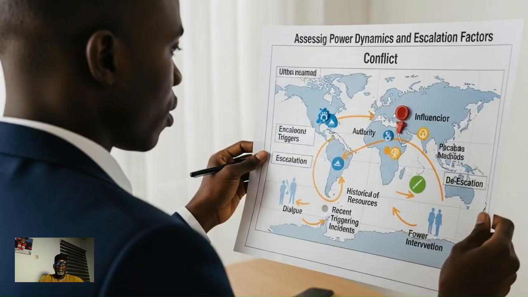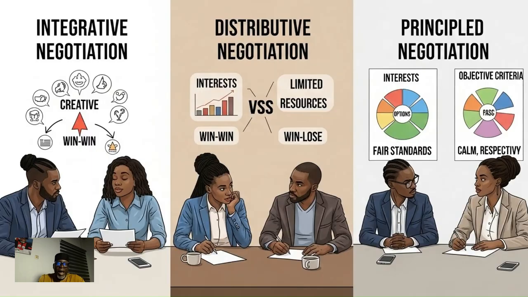Let us look at negotiation strategies and tactics. So we are starting as a conflict resolution technique. We are starting with negotiation. Of course, negotiation is a process where one or more parties communicate and bargain to reach a mutually acceptable agreement. Of course, effective negotiation involves preparation, clear communication, and strategic thinking. Now, let us look at key negotiation strategies.